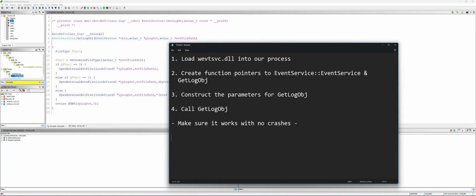Now that we know what to do, this is the next challenge. I've provided a starting C file or C++ file that will show in code how to create a function pointer and how to define what arguments that function takes. So now your next steps in the challenge is to perform these steps of being able to successfully call getLogObject without crashing. And you can verify it by